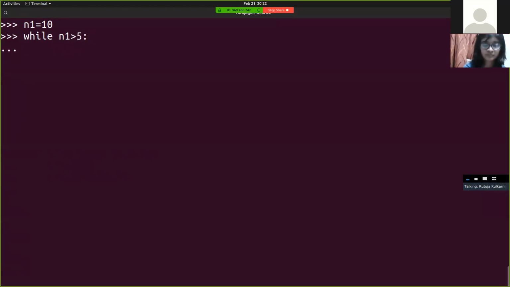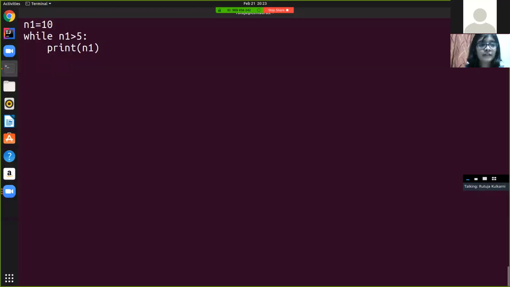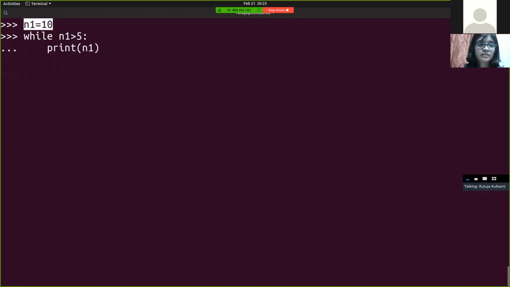Indentation, print, and then, so yeah. Let's see what's happening here. N1, the value of N1 is 10 here, okay? And N1 I have mentioned here, which is greater than 5, we have to print N1. So what's generally going to happen, we will get an output as,